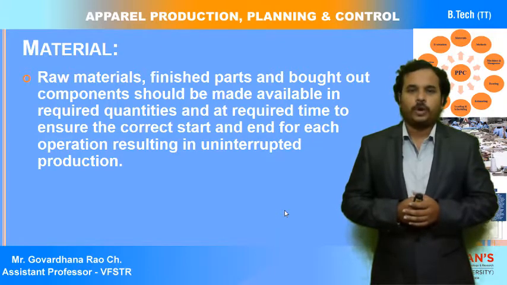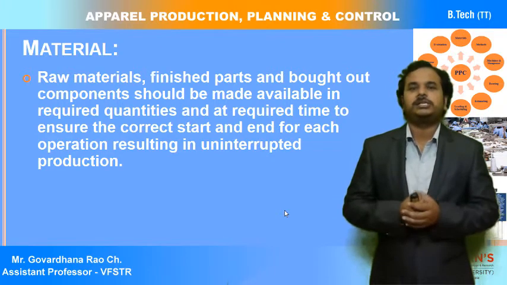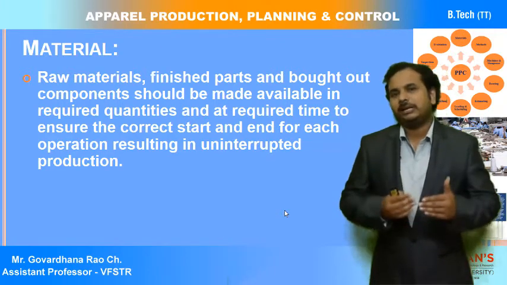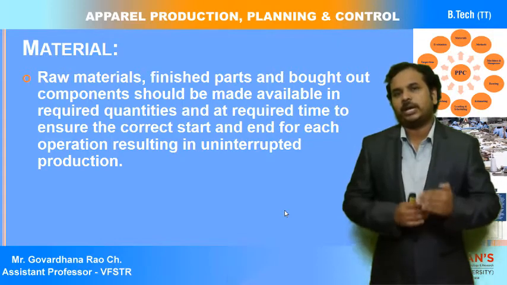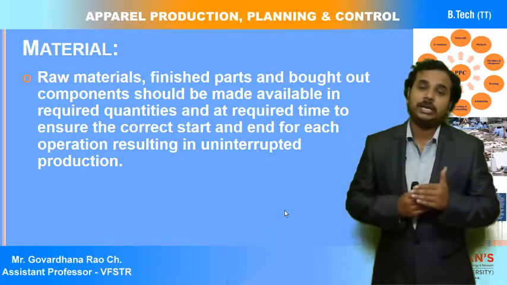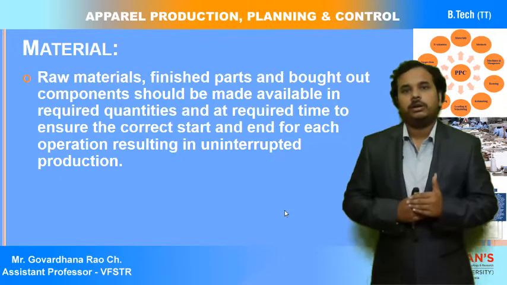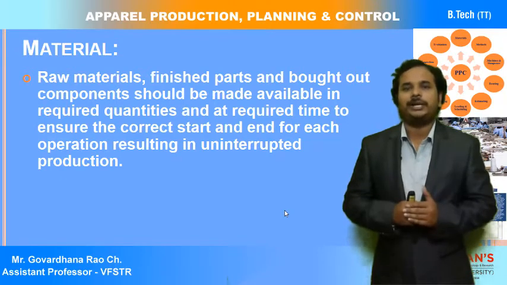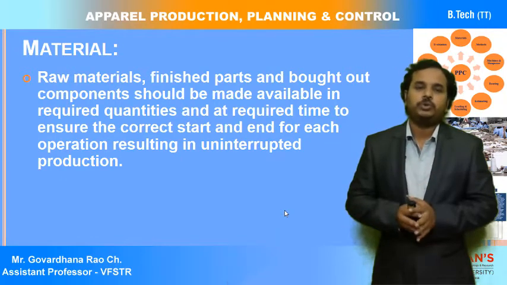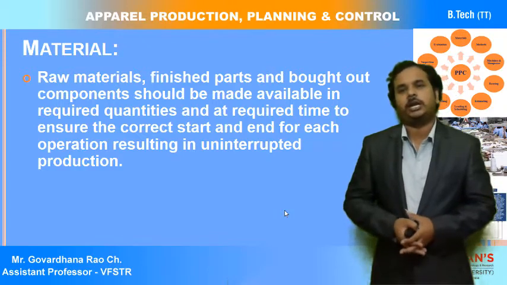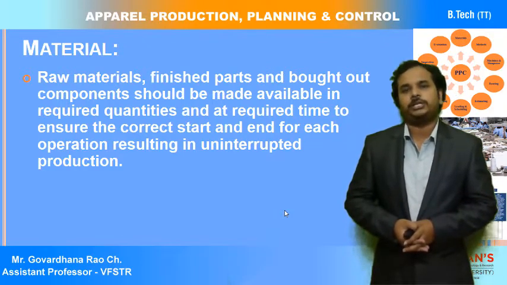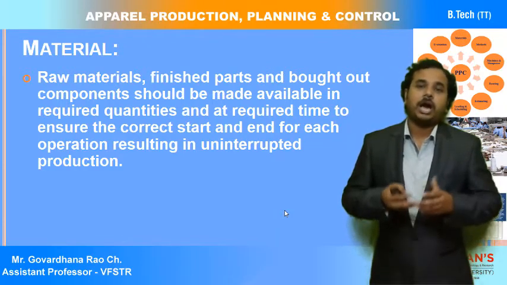All the materials required for the garment must be available in the required quantities at the required time, to ensure the correct start and end for each operation, resulting in